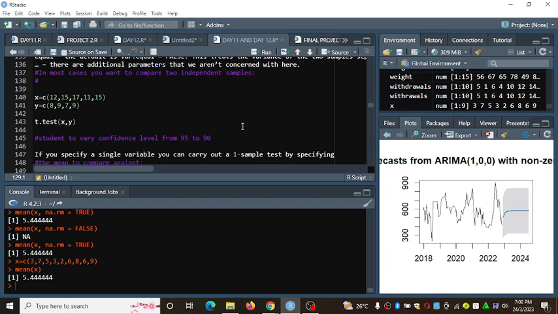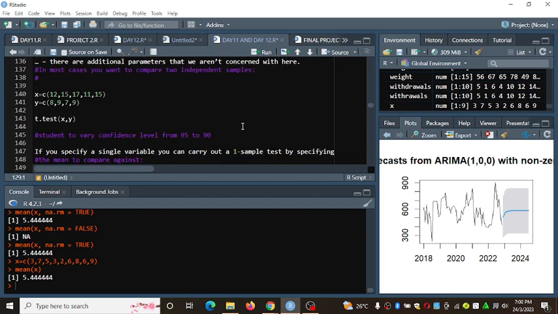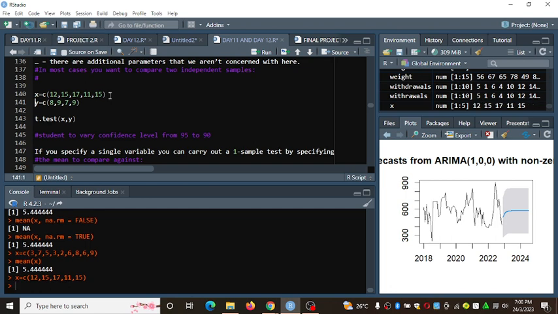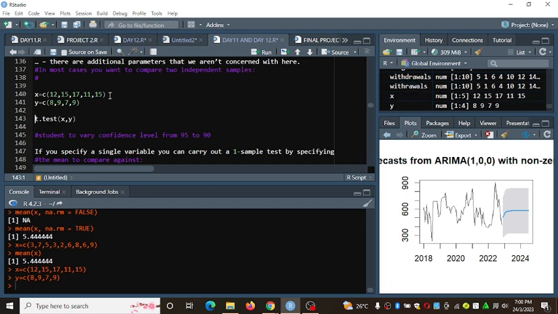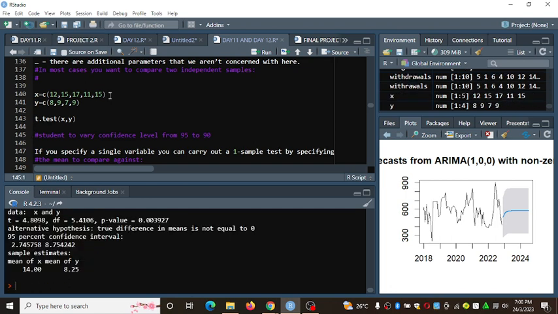Let's have an example here. When we have values of x and y, let's execute them. That is x, that is y. Then we can do a t-test of x and y.